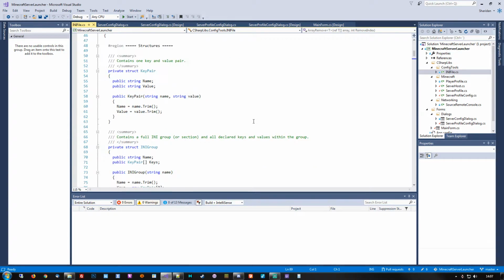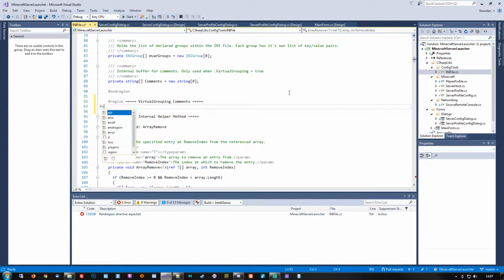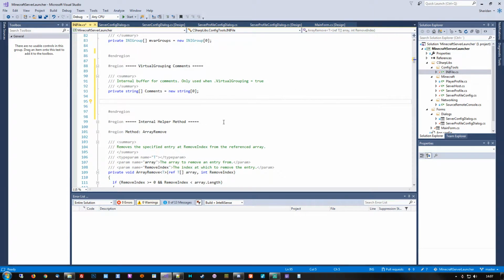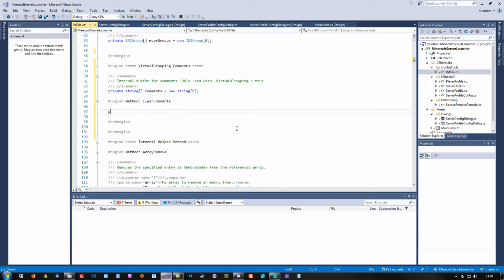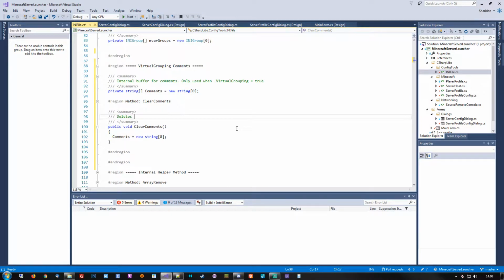Alright, so before we continue on, we'll do a quick addition to this. Virtual grouping comments, and then we'll move this down here. There we go. And then we'll do a couple of methods. Clear comments, and we'll make this public. This just lets us clear those comments in case we need it. So there, it deletes any and all comments that might exist, only while virtual grouping